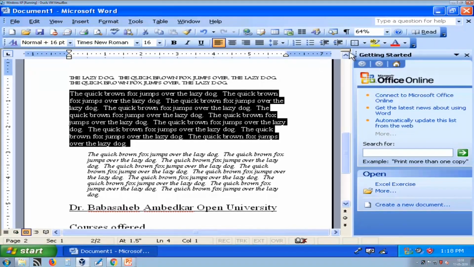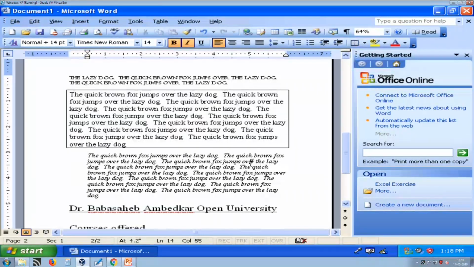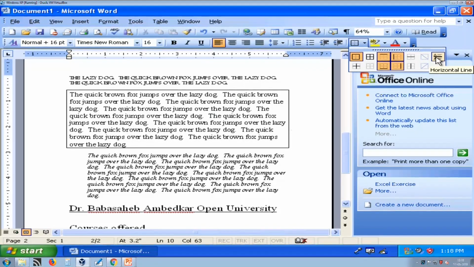Now, suppose I want to give outline. So, this is an outside border. If I select this, it will provide outline to my text. Now, you can also customize the outline. Here is how you can apply.